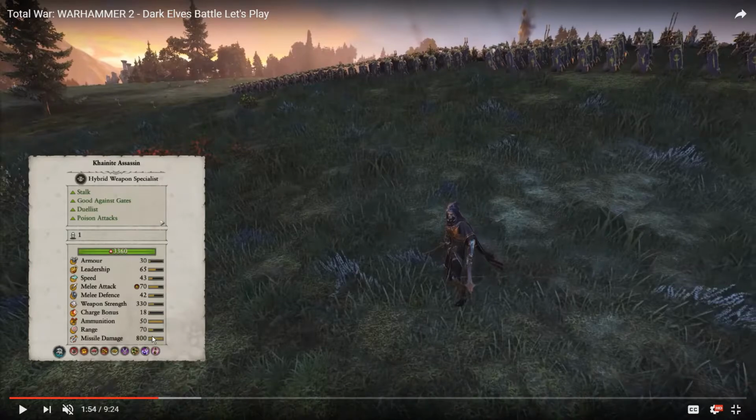So much missile damage. So much ammunition. What is happening? Not only that, but he's also immune to psychology, so you can't just jump on him real quick and make him flee. He's going to be there for a little bit. Even though he doesn't have the best leadership, he's going to be there for a while,